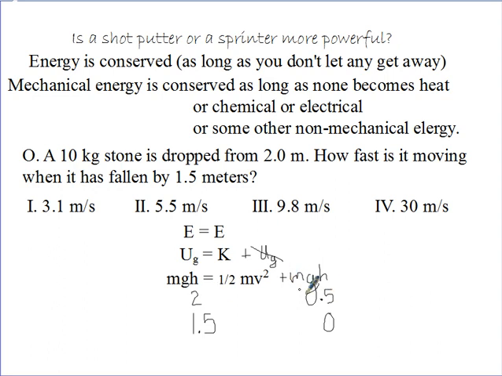You can see algebraically that if I subtract the 0.5, mg times 0.5 from this one, I am going to get mg times 1.5. So algebraically it's going to come out the same. So not a great crisis. I'm going to use this 9.8 times 0.5. Notice that the mass I'm not including because it's divided out, and you solve this problem for v, and it should be one of these answers here.